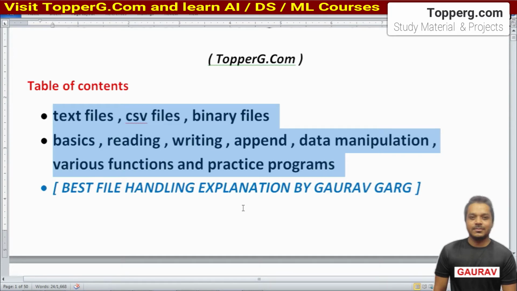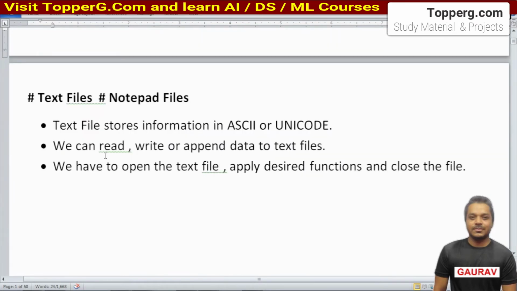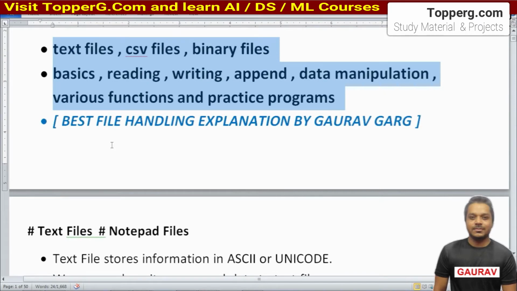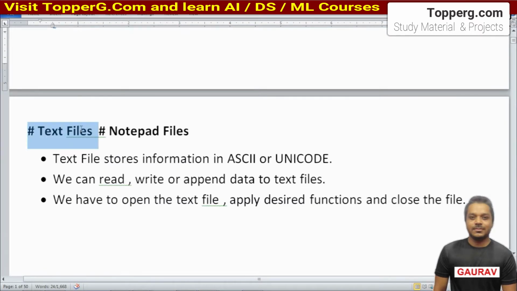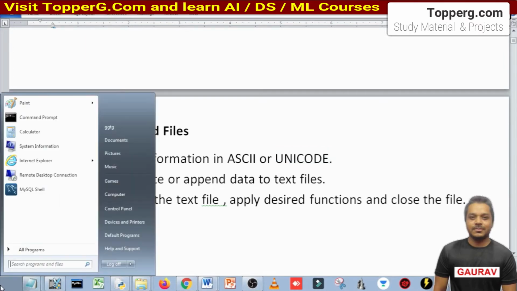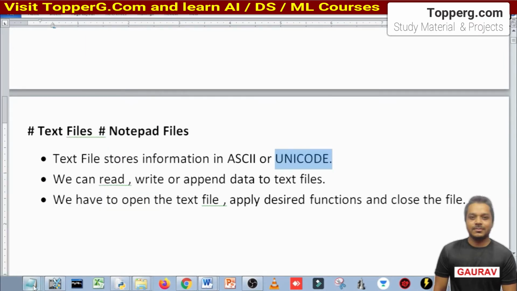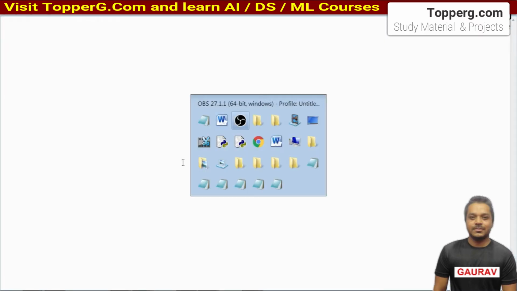Okay students, let's start with the basics. So what is a text file? First of all, we will understand all the operations of text file, then CSV files and then binary files. So a text file is a file that stores information in ASCII or Unicode format. A good example of a text file is a notepad file. Any notepad file that you open is a text file, right? That has extension of